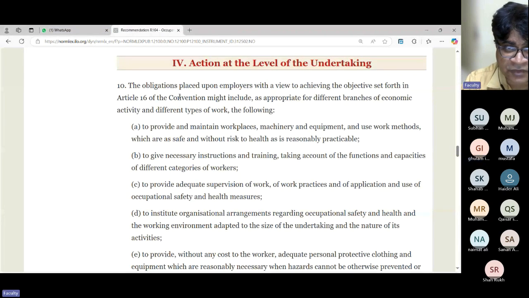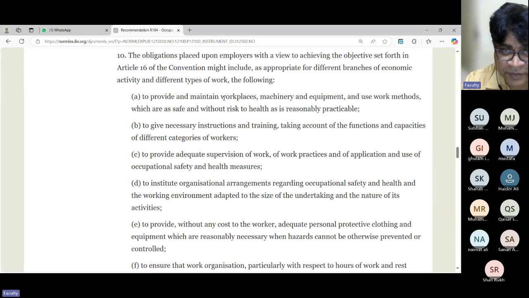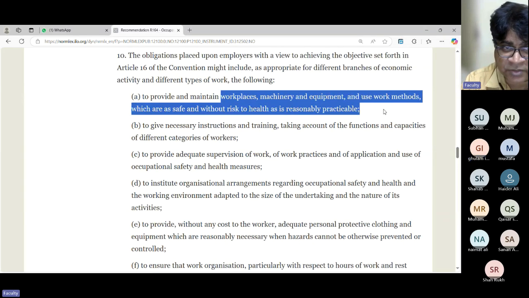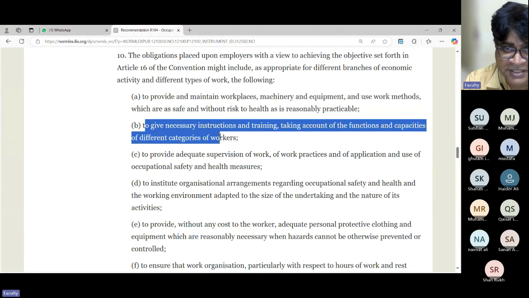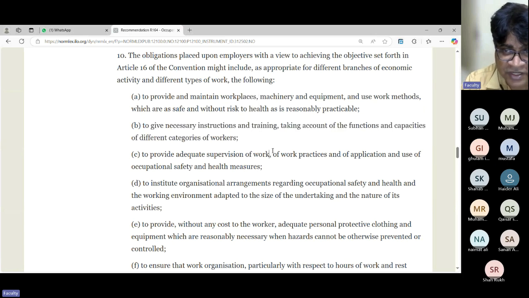Now, the responsibility of the employers. What is the responsibility of the employers as per the action? To provide and maintain workplaces, machinery and equipment and use work methods which are as safe and without risk to health as is reasonably practicable, to give necessary instructions and training taking account of the functions and capacities of different categories of workers, to provide adequate supervision of work or work practices and of application and use of occupational safety and health measures,